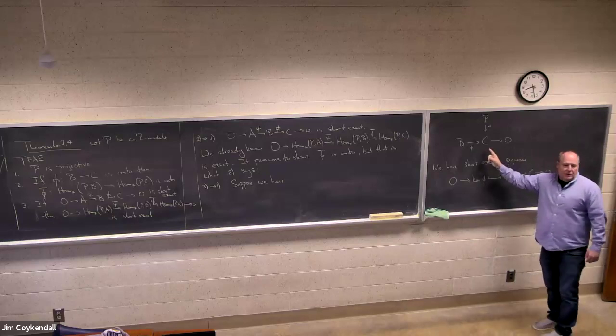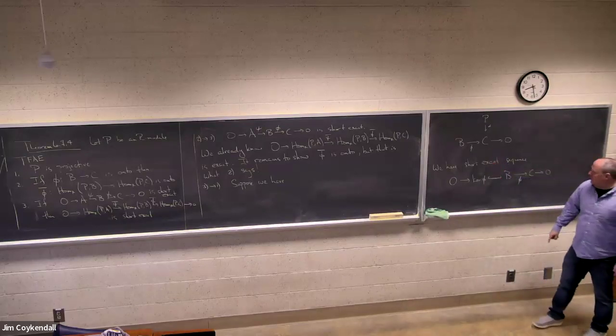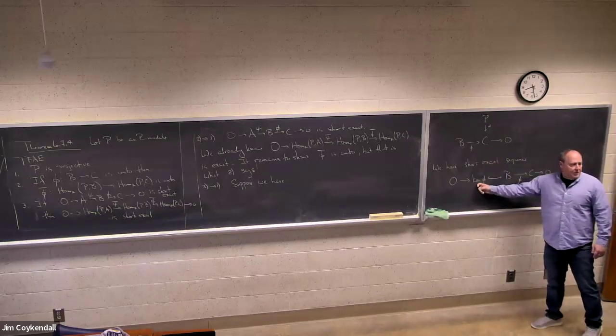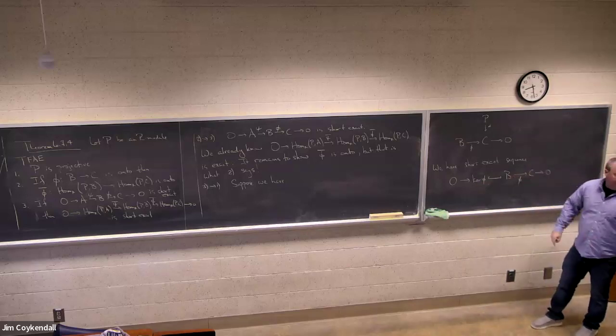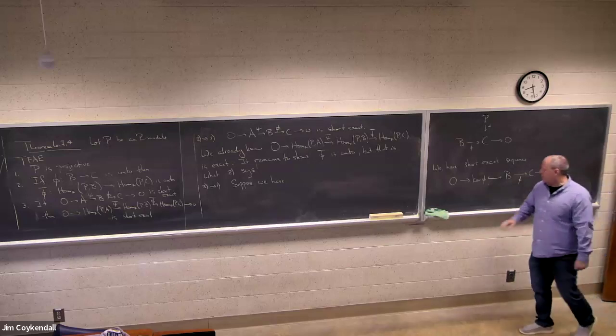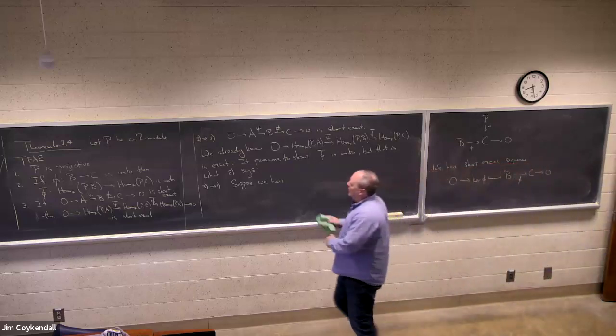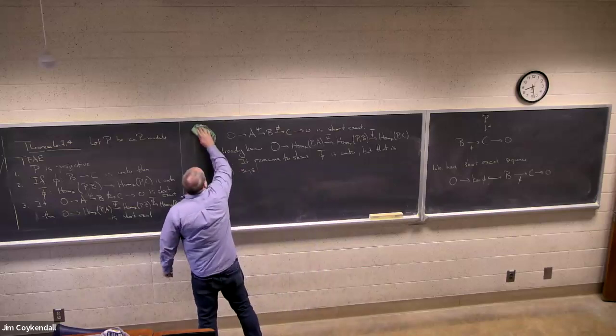So I'm going to take this and stretch it out into a short exact sequence where the first map is just the inclusion of the kernel of B into B, and the second is just B like above, right? Everybody cool, this is a short exact sequence. So we now know